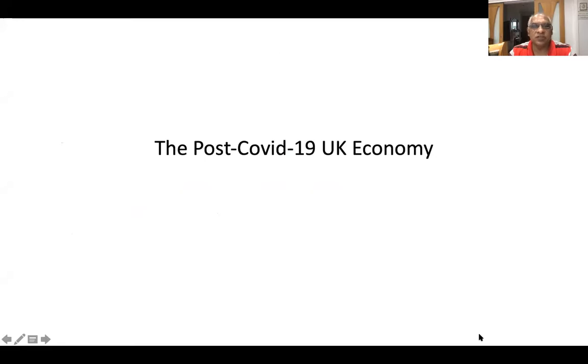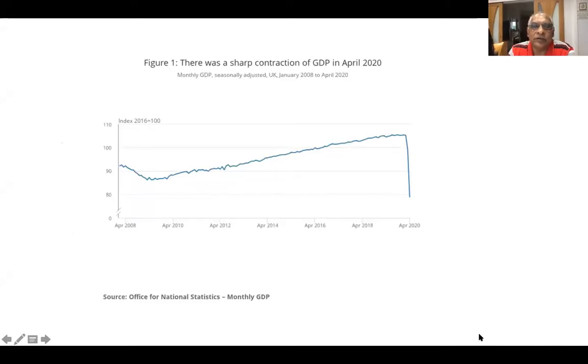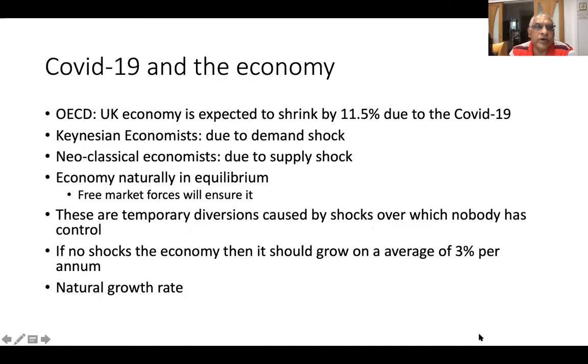So during this presentation, I will start the discussion on what type of post-COVID economy we can expect. I have prepared these slides. I hope it will be useful. According to this ONS report, Office of National Statistics report, in the month of April, the national income fell by something like 20%. This is an index. And according to a report by OECD, it expects the UK economy to shrink by 11.5%